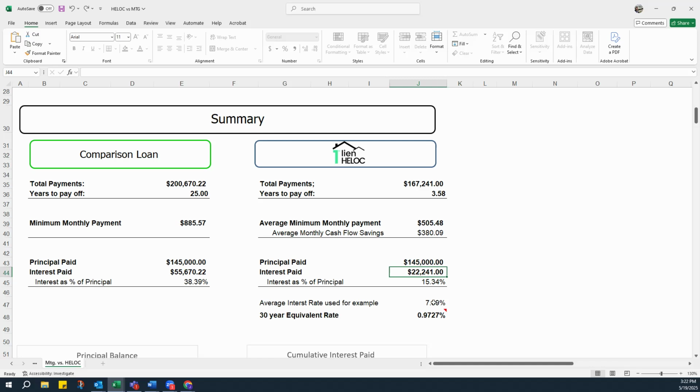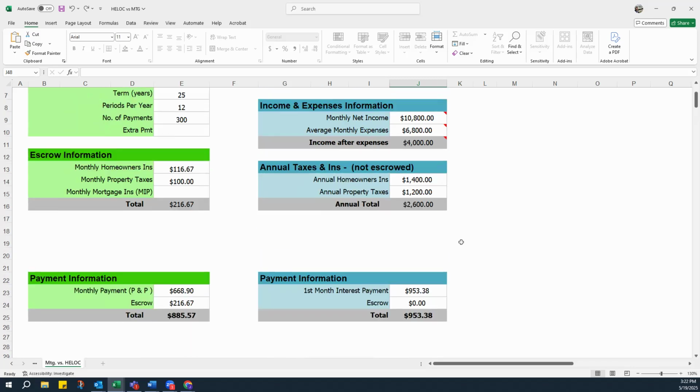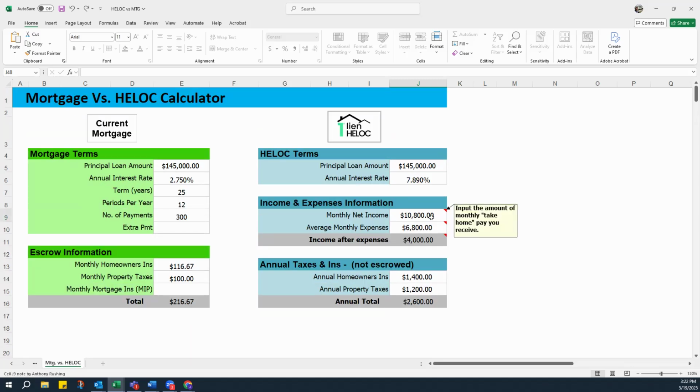So it's comparative. What we're showing here in this box, we're saying if we had a $145,000 mortgage with $22,000 of interest over a 30-year period of time, this is the interest rate that would have to be on the left side to equate to this right side. So that is the strength of the first lien HELOC when we have the right combination of dollars in, dollars out. Even if interest rates went up to the max, let's take a look at that,